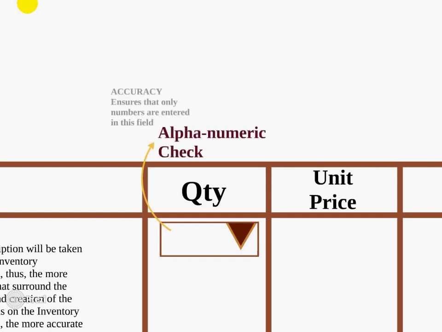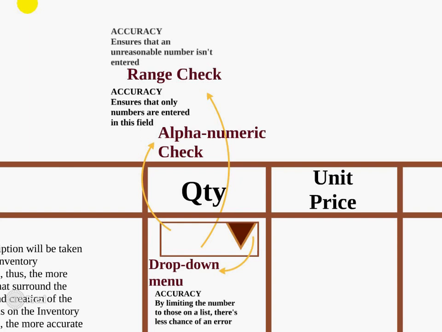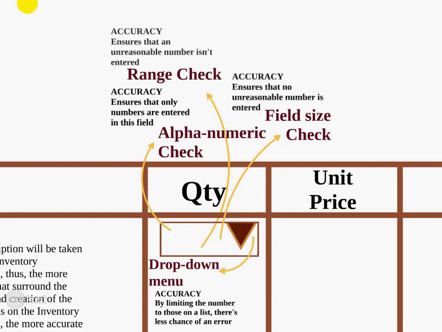This could have an alphanumeric check, which would ensure that only numbers are entered into this field. It could have a drop-down menu, which would limit the number to those on a list, therefore there would be less chance of an error. It could have a range check, which would help us with accuracy because it would ensure that an unreasonable number isn't entered. It could have a field size check, which ensures that no unreasonable number is entered. And it could have a sign check, which would ensure that a negative number isn't inputted. So you can see we've got a variety of application controls, and all of them are intended to help us